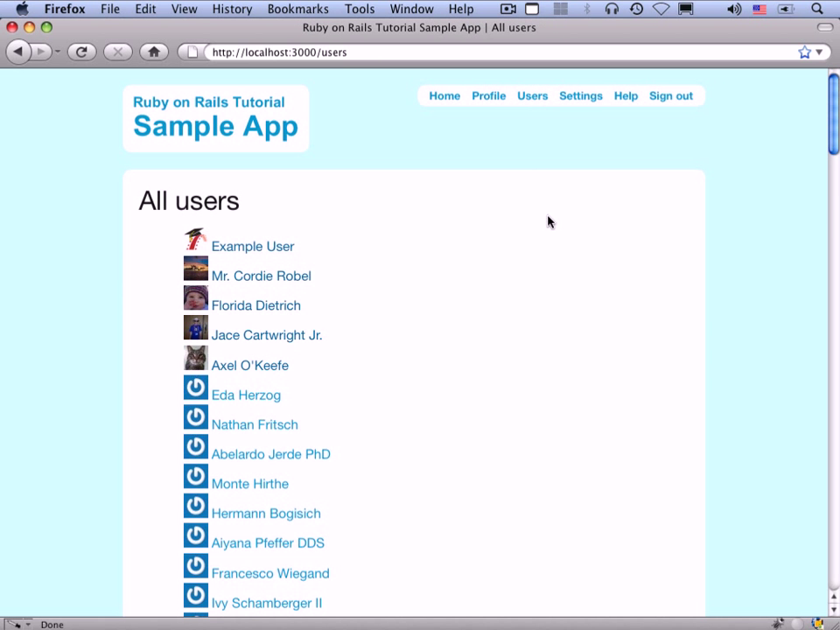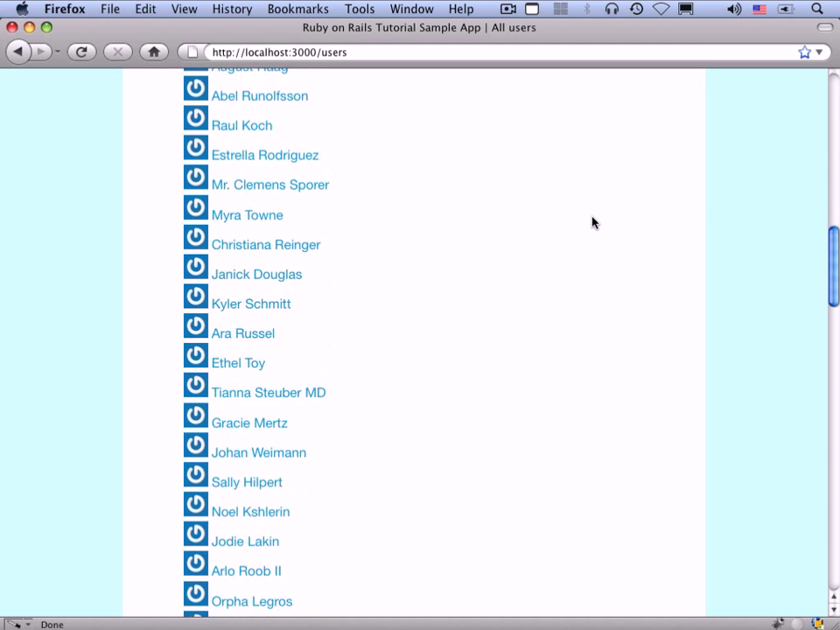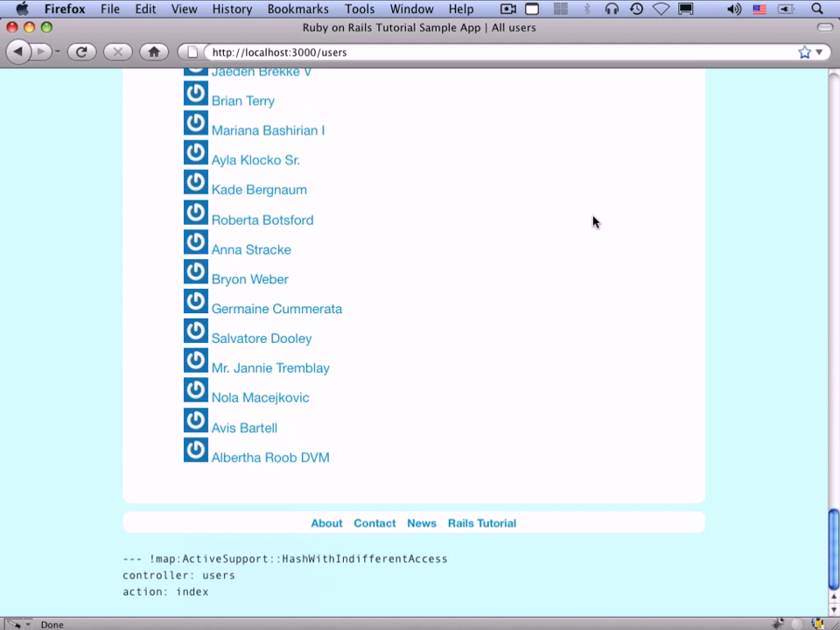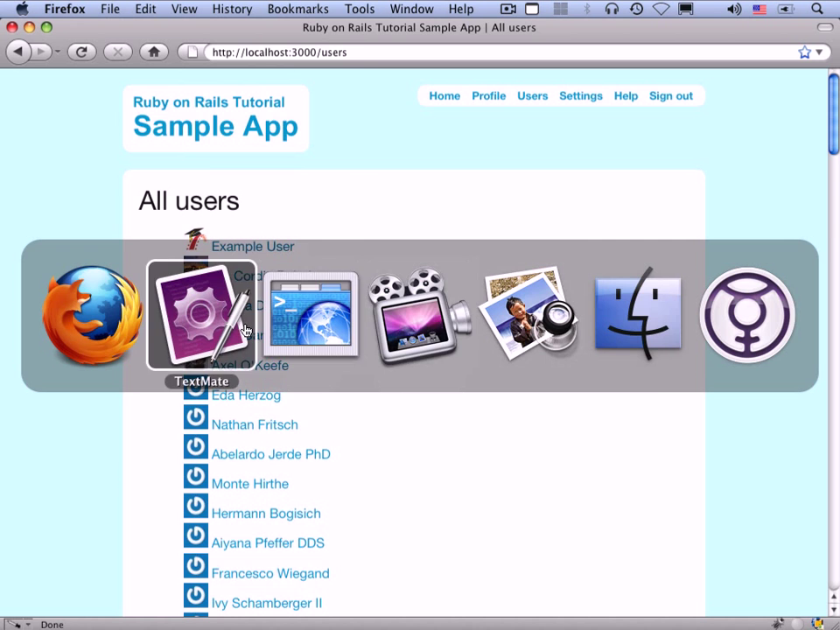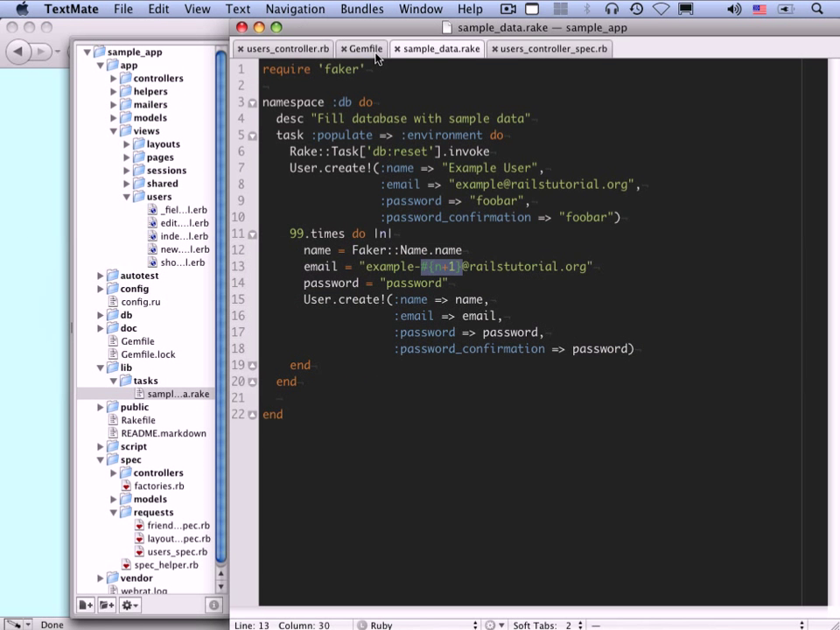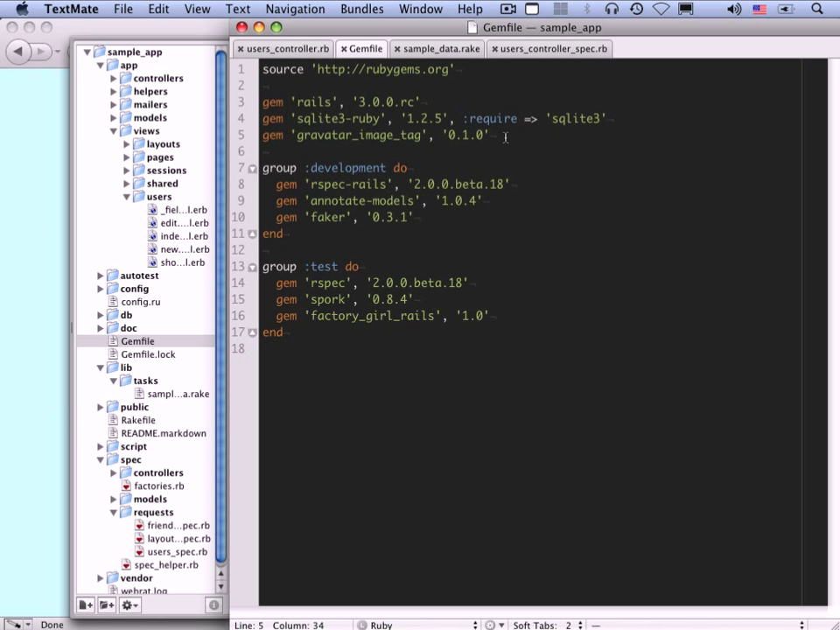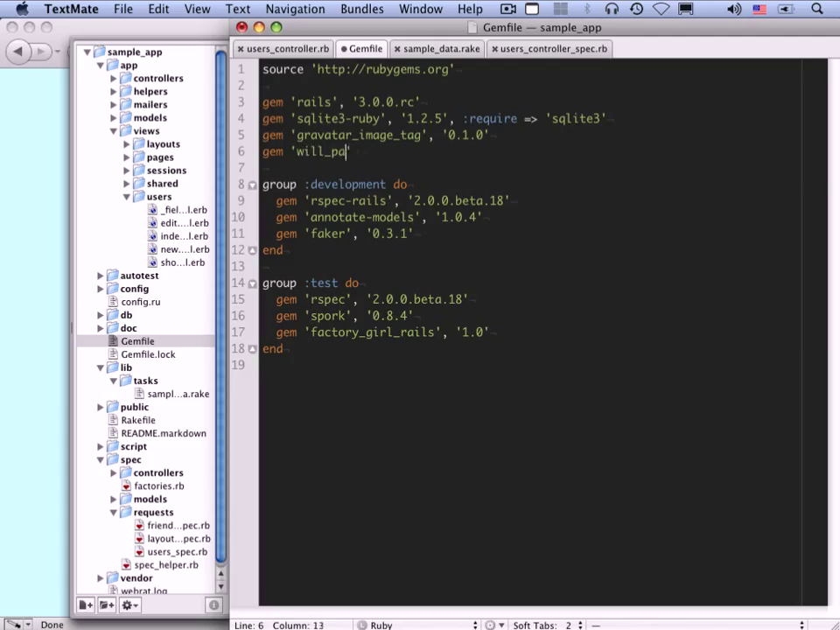Now, if we look at this /users page, you'll note that there are a lot of users here. It's too many, so let's paginate these guys. So the way to do this is with the will_paginate gem. Let's go into the Gemfile and add this here. And we'll use version